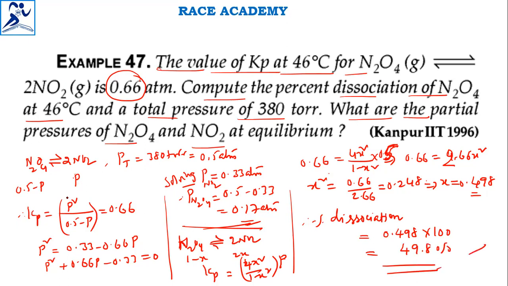So in this, first we took the equation, and using it we found the partial pressures of nitrogen dioxide and dinitrogen tetroxide. After taking the same dinitrogen tetroxide decomposition equation, from that we found the Kp value. That Kp value and the P value were substituted to find x. The x is nothing but the degree of dissociation, the percent dissociation. That value we got is 49.8. This is the answer for this question. Next question.